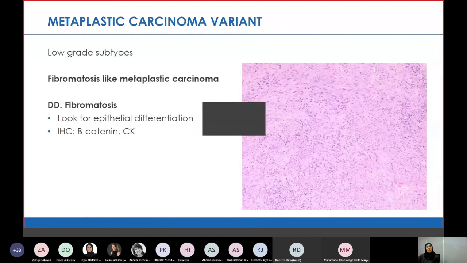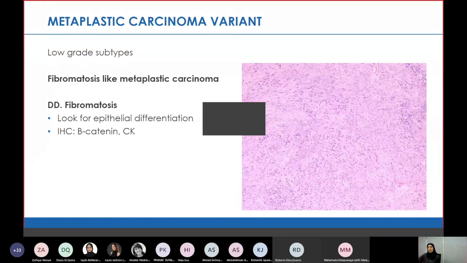Another type of low-grade metaplastic carcinoma is fibromatosis-like metaplastic carcinoma, and in this entity we will have bland spindle cells with infiltrative borders. You might have some squamous differentiation, but very low-grade atypia, and it might look exactly like fibromatosis, but then the immunohistochemistry will help a lot in this. Beta-catenin will usually be positive in fibromatosis, and the cytokeratin panel will be negative in fibromatosis, while it is positive in